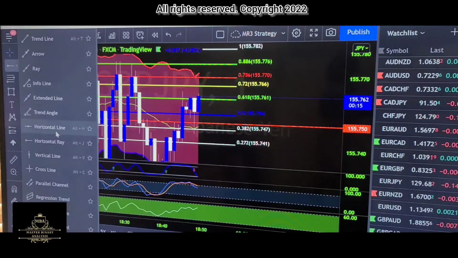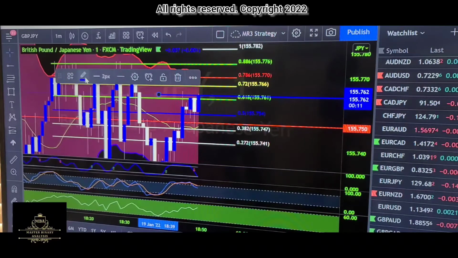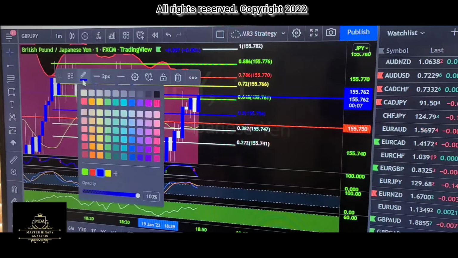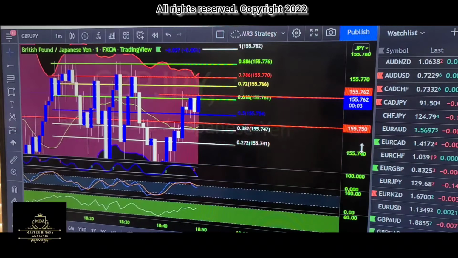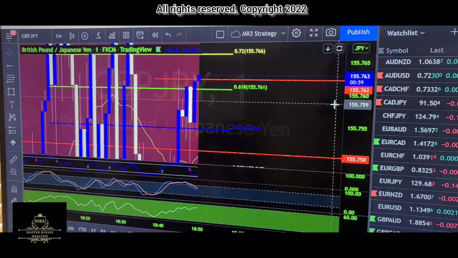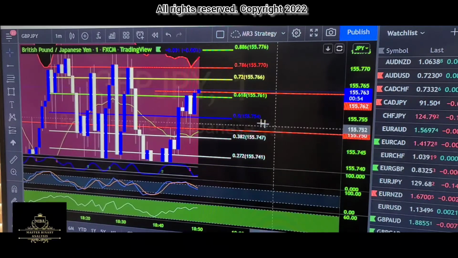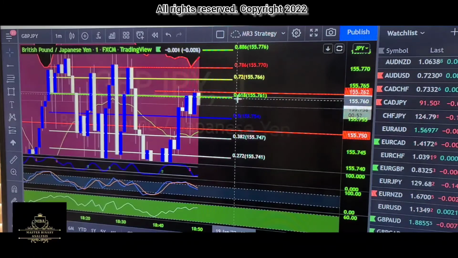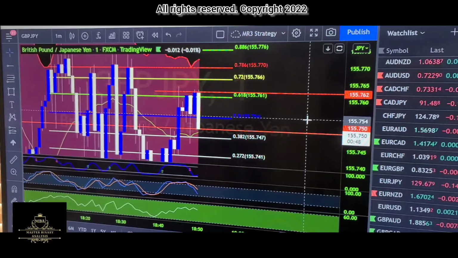Oops. Okay, 762, and I'm gonna make this red. Oops. Go here, red. That's just to tell me where my entry is. And I rolled it to give me a little bit more time, because this is a magical number here, the 618. I extended my Fibonacci levels because